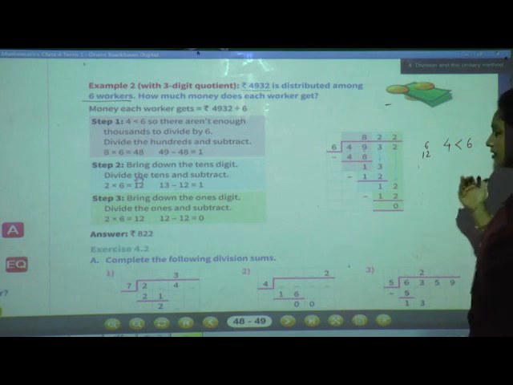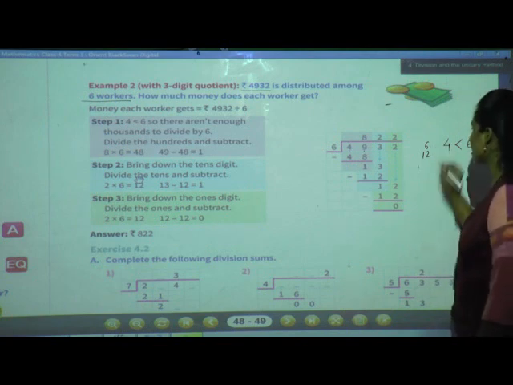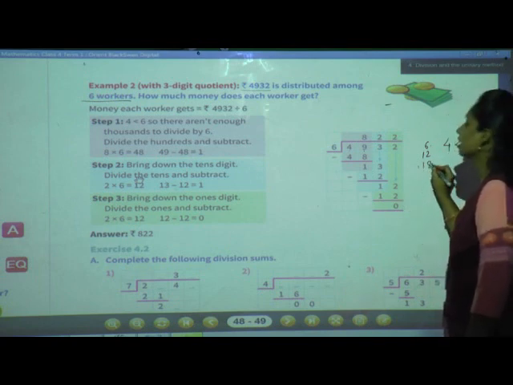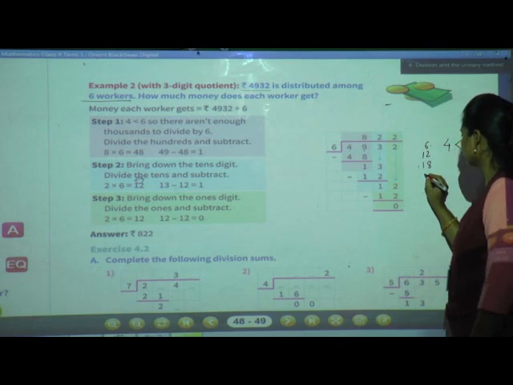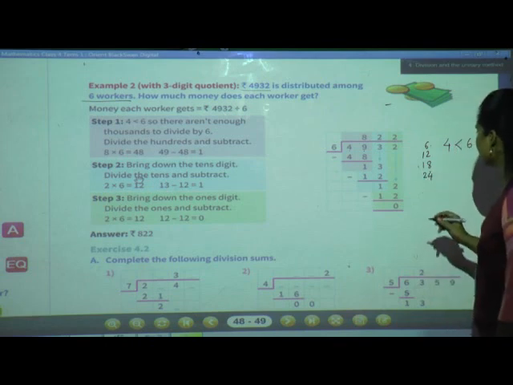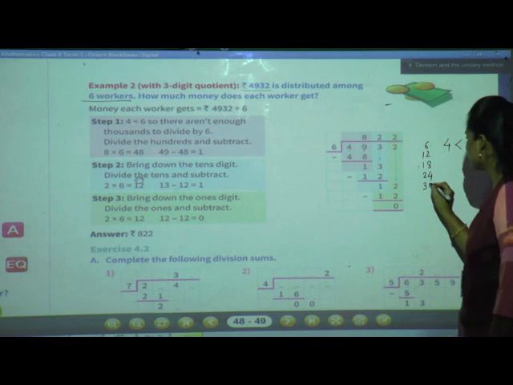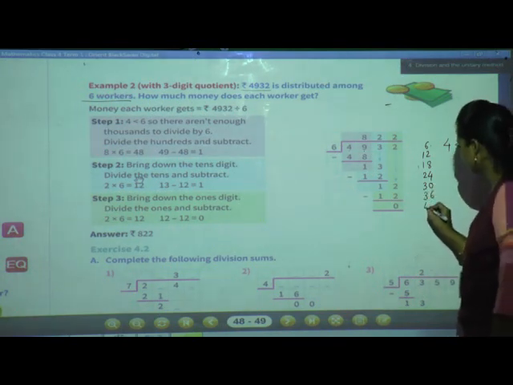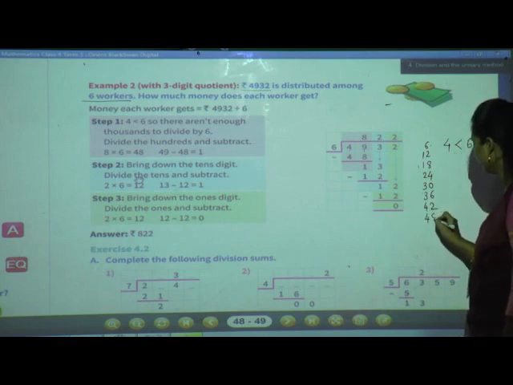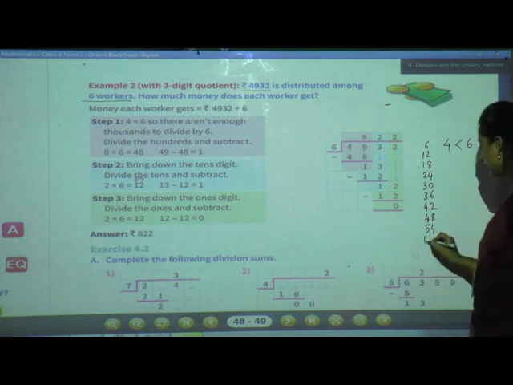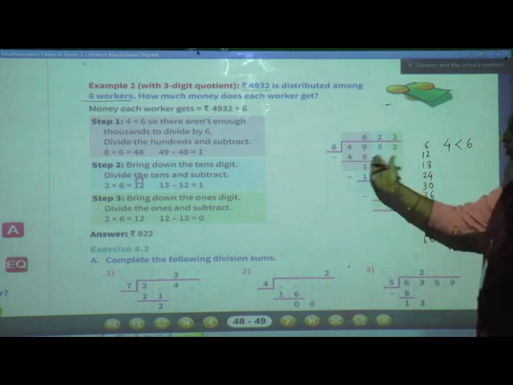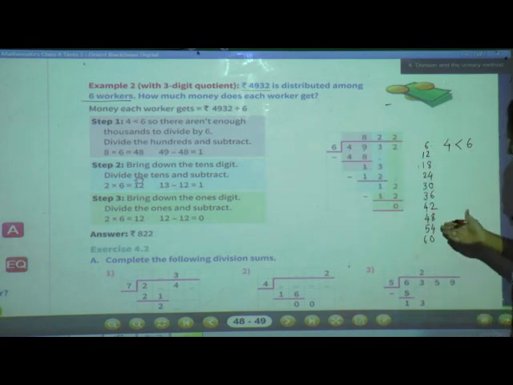Now you will say the 6 table and I will write: 6 ones are 6, 6 twos are 12, 6 threes are, correct, 6 fours are, correct, 6 fives are, 6 sixes are, 6 sevens are, 6 eights are, 6 nines are, 6 tens are 60. Okay. Now your 49 is there? For only the sake of 49 we have written till here.